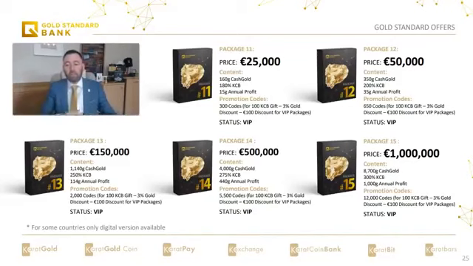Now, if you decide that you want to leave that with Karatbars International, we have gold traders in Hong Kong. Those gold traders will trade that 160 grams of cash gold for you on the markets. And what they'll give you is 15 grams of annual profit on the cash gold that you actually have there at storage. Now, at any time you can choose to have your cash gold delivered as physical gold. You could put it on the Karatbars exchange, turn it into US dollars. It's entirely up to you. The gold's completely flexible, but the moment that you take it out, you wouldn't be eligible for that 15 grams